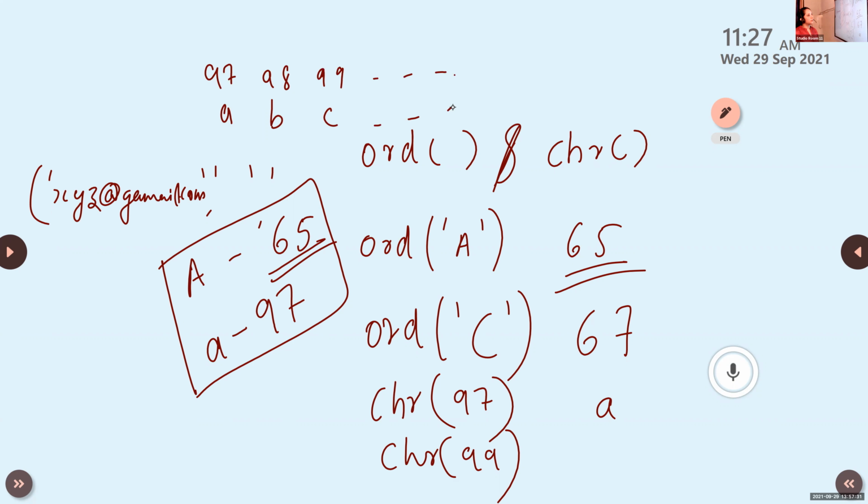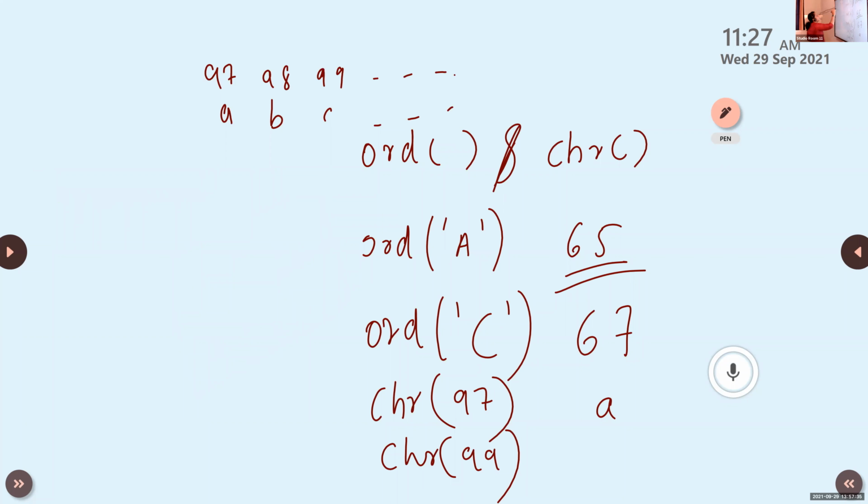Then the case of capital letters also: 65 is capital letter A, 66 is capital letter B, 67 is capital letter C, just like that. Is it clear? Is it clear, Shivani?